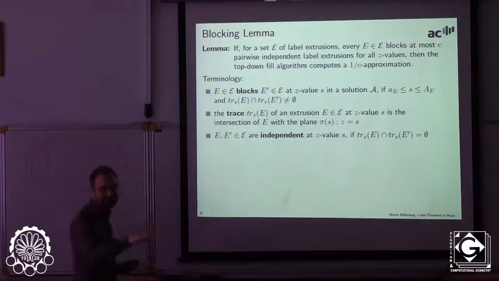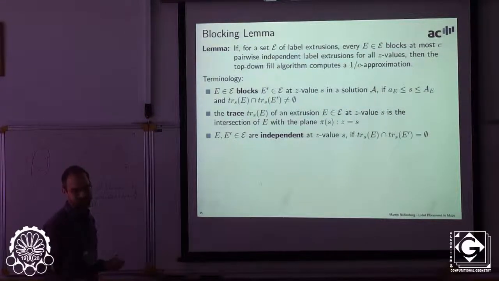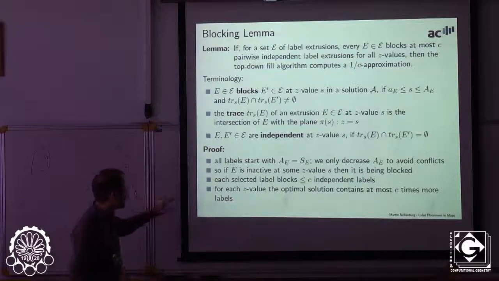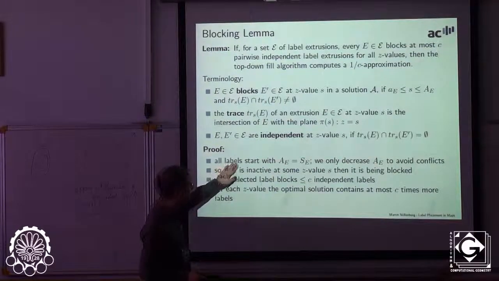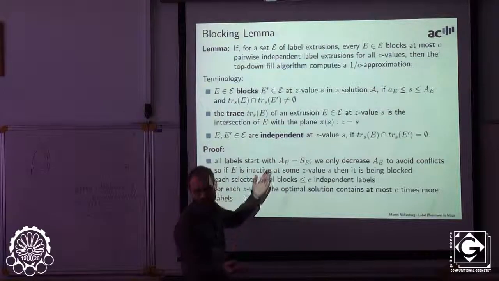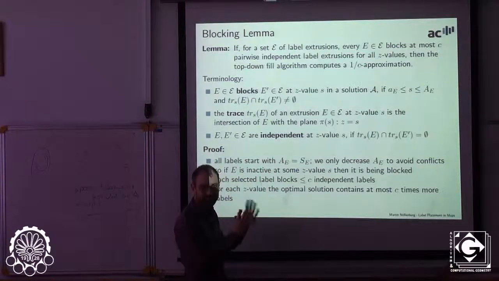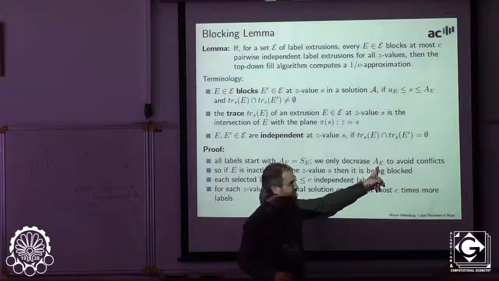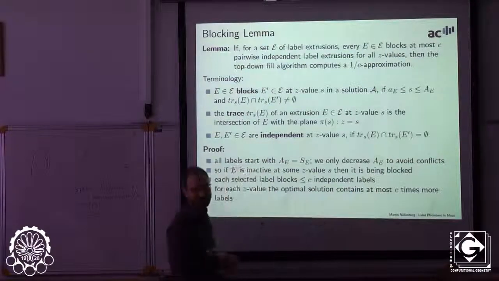Yeah, so if you take the map at that scale, they are disjoint rectangles. Okay, and then the proof of this blocking lemma is that basically all the labels initially start with the maximum active interval. So we say every selectable range is the active range, and we only decrease the upper bound of the active range in order to avoid conflicts, because we have already